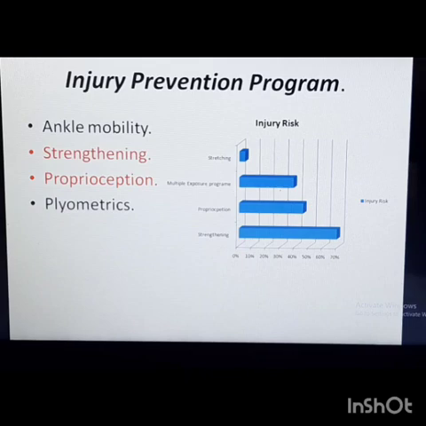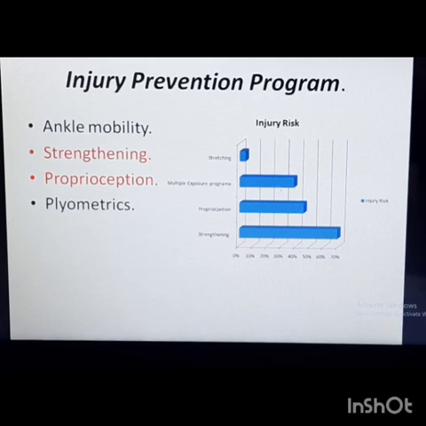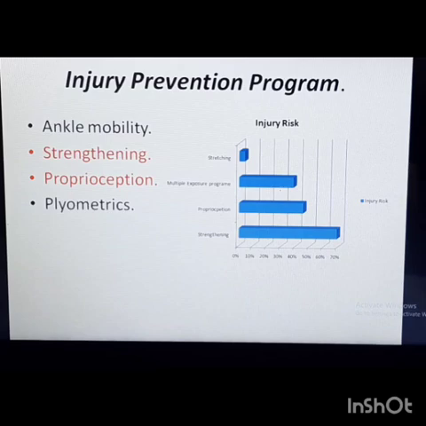That proprioceptors development, that original tensile strength which they had before the injury, takes around 12 to 40 to 50 weeks. So that's the reason for reoccurrence of injury. That's a very important reason, because after the injury the ligament is healed, but that particular ligament doesn't have the sufficient tensile strength which it used to have before, and that leads to injury. So we need to understand these factors and plan the injury prevention program.